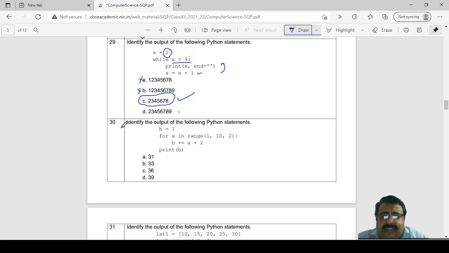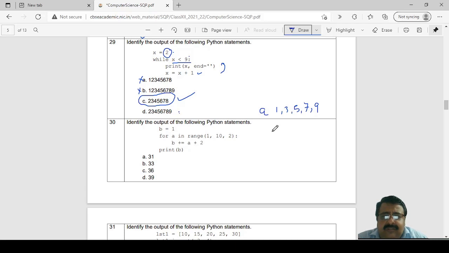Now, identify the output of the following Python statements. B equal to 1, for A in range 1, comma 10, comma 2. So the values of A will be 1, 3, 5, 7, and 9.